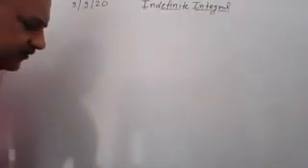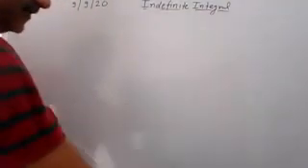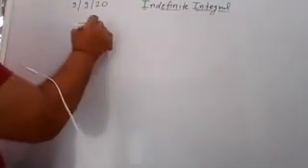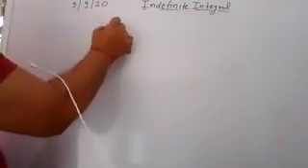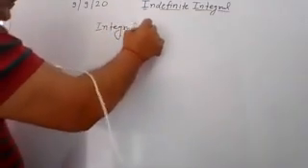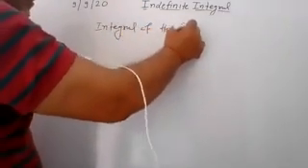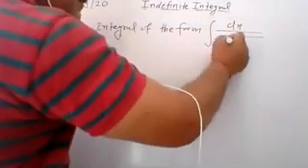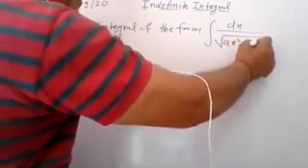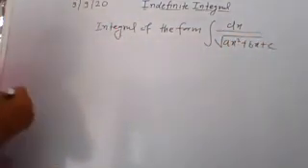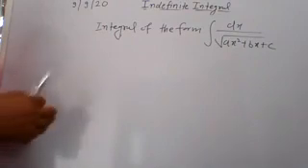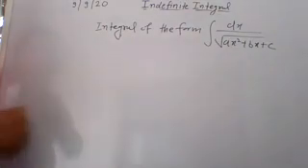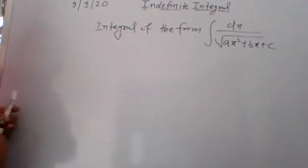And here you have to apply the same process. So write, integral of the form integration of dx upon under root ax square plus bx plus c. Means here your denominator is the same, but now that function is within a root. Then how do you solve such type of question?